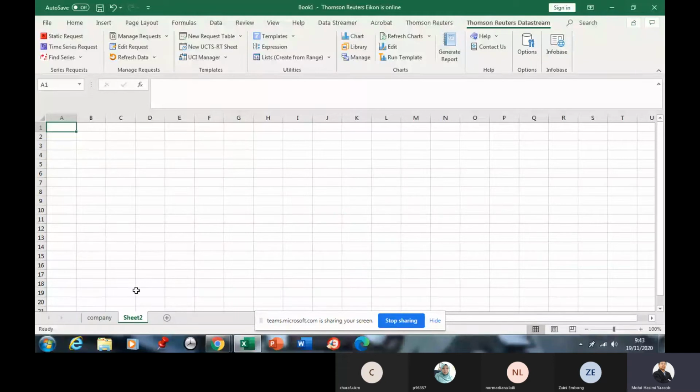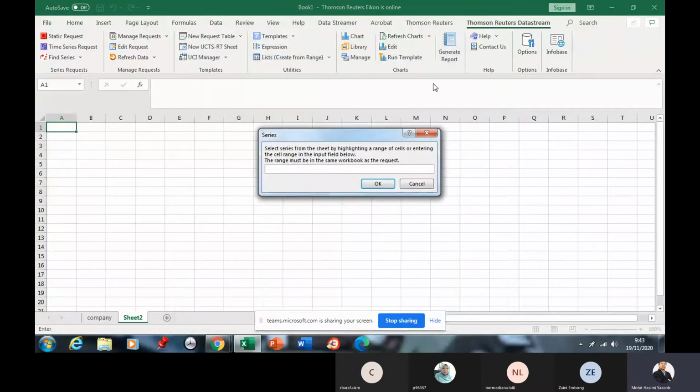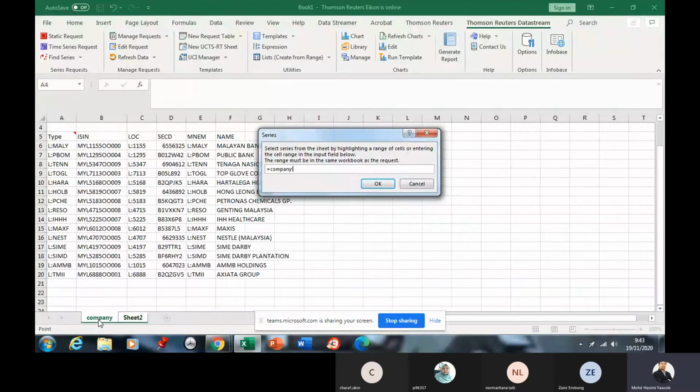Okay, we move on to another spreadsheet over here. Like Cara said, we want company information, accounting information first. Which company do we want? We want the company that we have already downloaded. So we go to the company, and then we